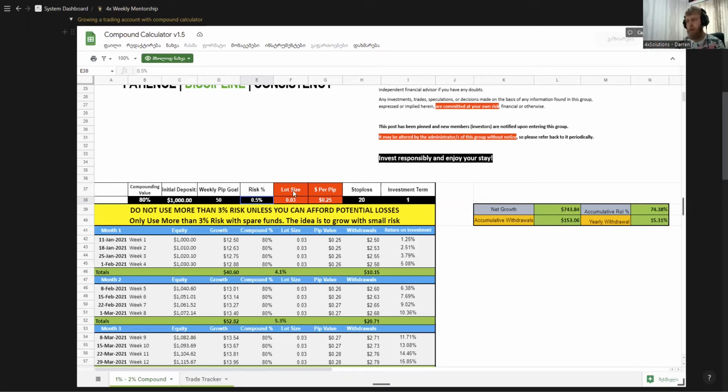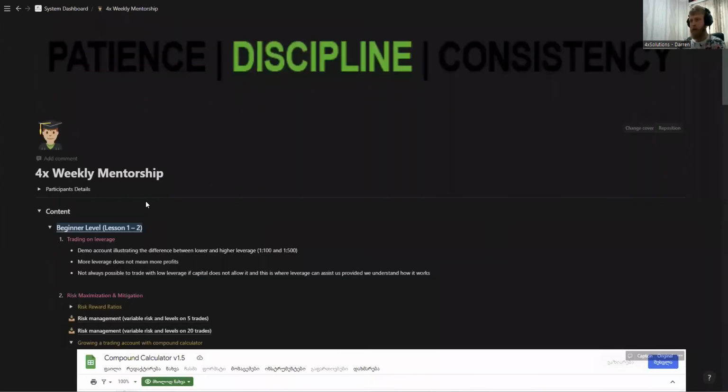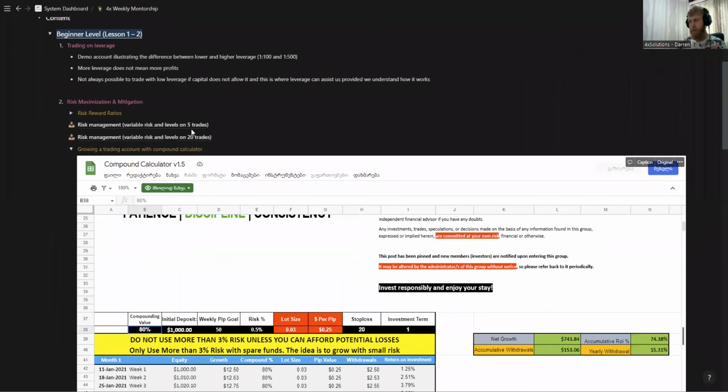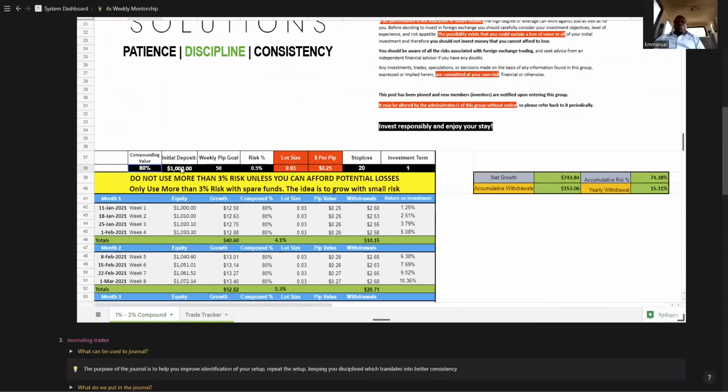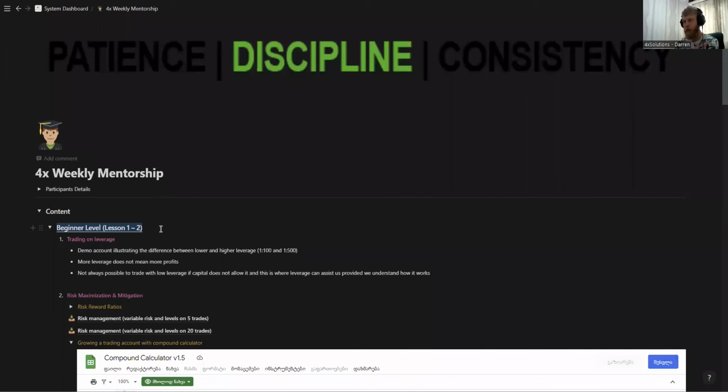So hopefully we all know that each lot size we take represents a monetary value attached to that lot size. And obviously, like we said, with risk reward, the amount of lot size you use is based on the amount of risk you take versus the stop loss size. So if you have smaller stop losses, you can use a larger lot size while risking the same amount of money. So it's just a hypothetical scenario over here, that if we put $1,000 in our account,